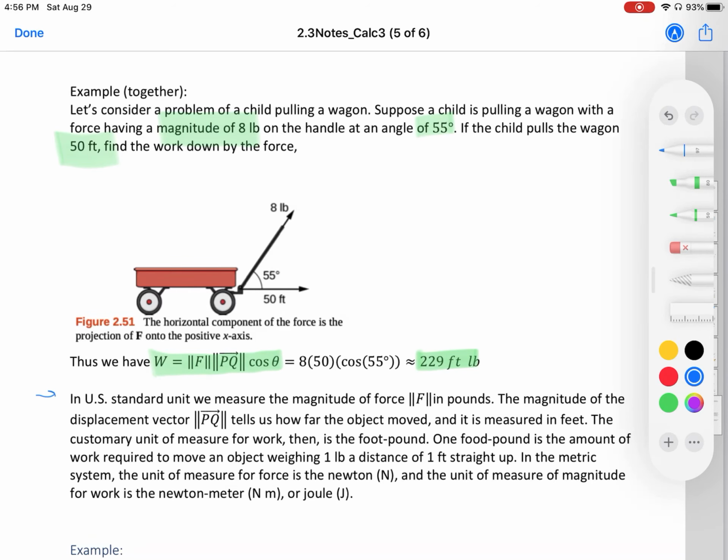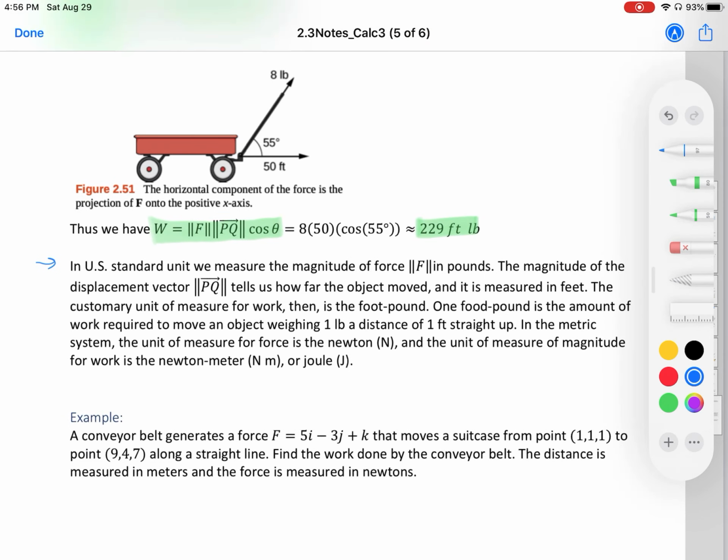One small note. In the US, the standard unit we measure the magnitude of force F in is pounds. The magnitude of displacement vector PQ tells us how far an object moves, and it's measured in feet. The customary unit of measure for work, then, is the foot-pound. One foot-pound is the amount of work required to move an object weighing 1 pound a distance of 1 foot